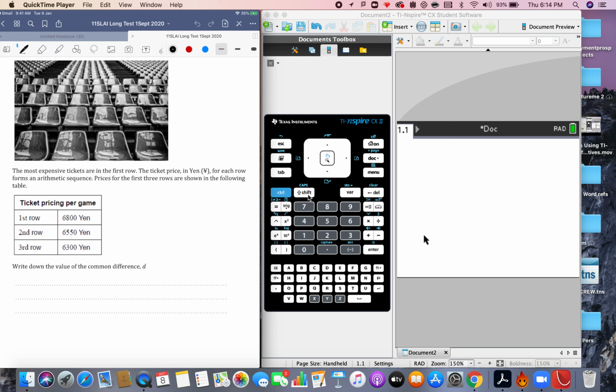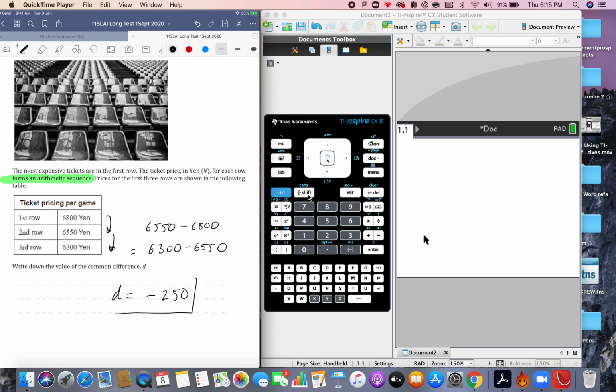The question talks about tickets, and it gives you a clue, right? You don't have to work too hard because it says it's an arithmetic sequence. So we're looking for a common difference. The common difference is going to be the second subtract the first, and that should also equal the third subtract the second. And you've got to be careful here because you need to put down that D is negative 250,